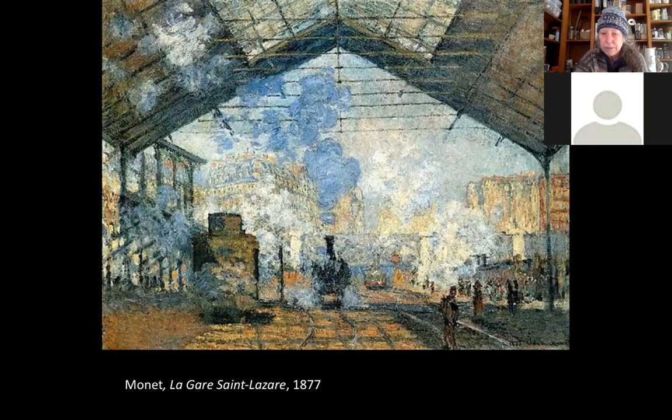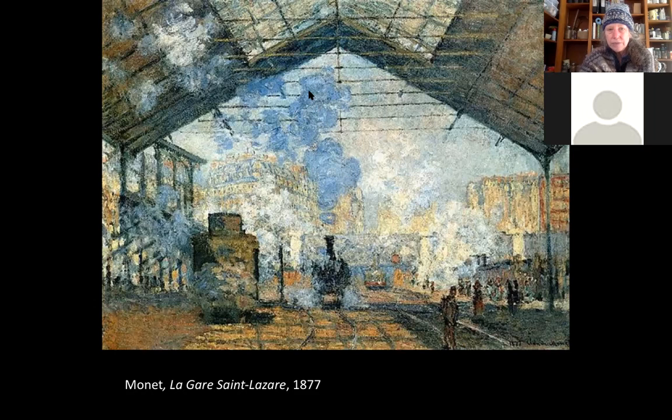But there are people here, maybe a guy who works there, and some other people, but they're not carefully drawn. They're almost like just little posts, you could say. Also, he's spent a great deal of time trying to draw the effect of light on the steam. So you can hardly even see the engine because of all the steam, right? And that's real. I mean, not too many of us have ever seen a steam engine because we don't use steam engine trains anymore. But there'd be steam coming out the bottom and out the top, just a huge cloud of steam around the train. And he's trying to paint that.